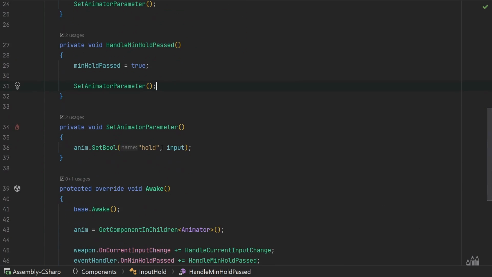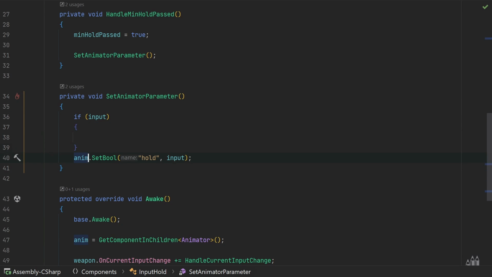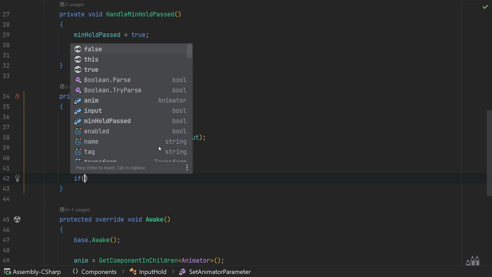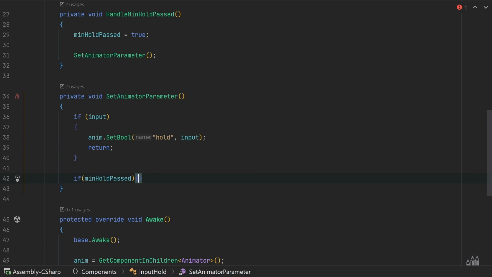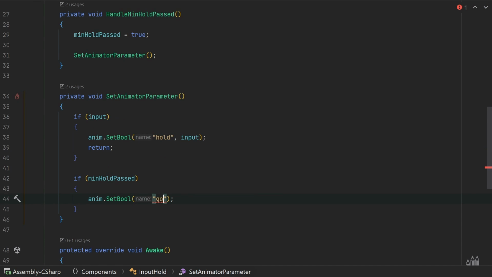And then we'll again call this SetAnimatorParameter function. Now in the SetAnimatorParameter, what we want to do is set the hold parameter to true when input is true, but if input is false, we only want to set it to false when minHoldPast is true. So I'm going to say if input is true, then we can say anim.SetBool hold to input, and then we can return. Otherwise, we can say if minHoldPast, then set anim.SetBool hold